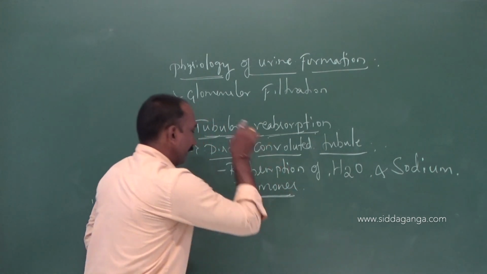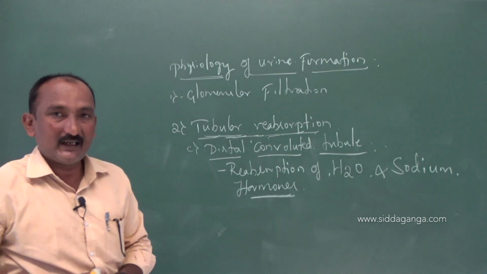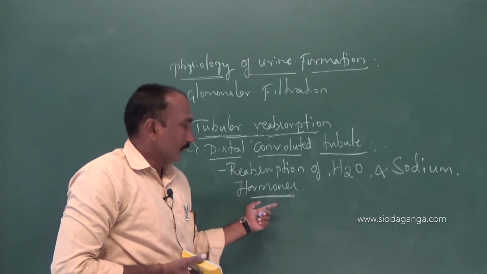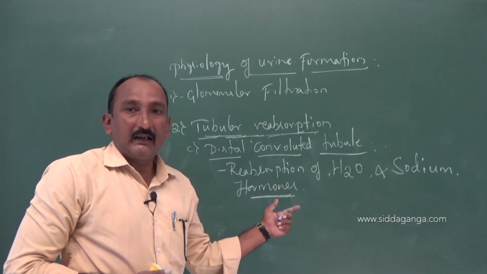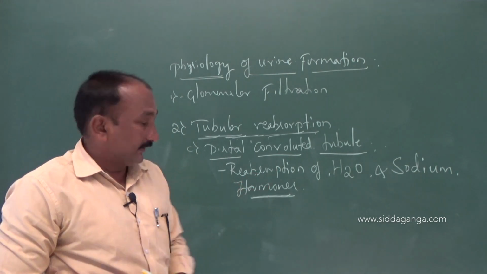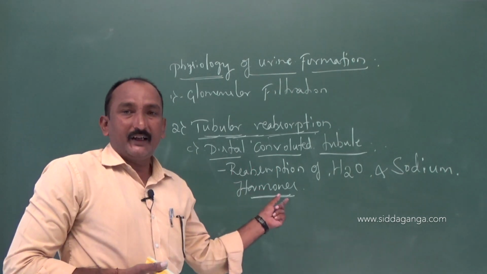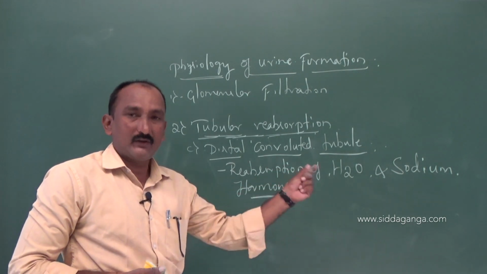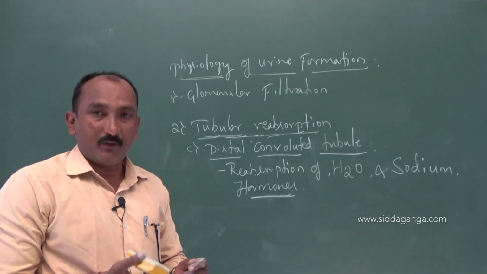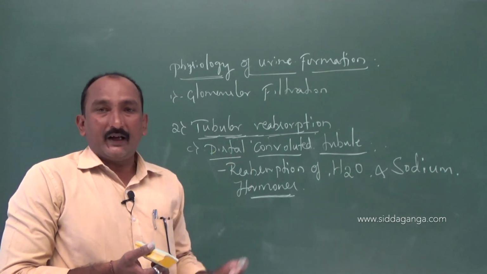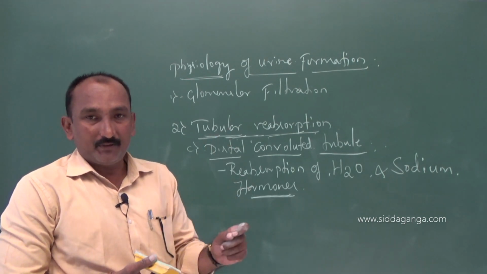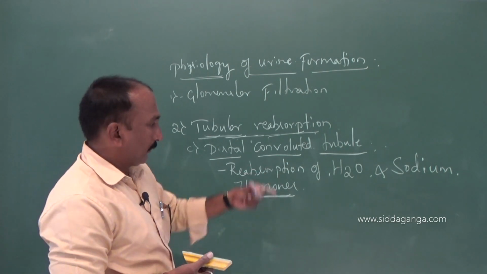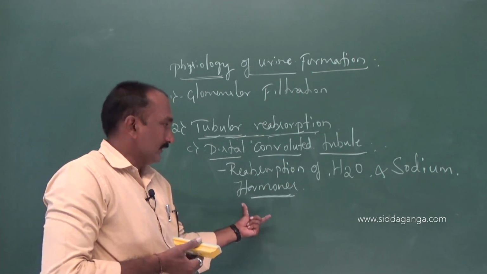Of course, hormones are biochemical messengers. These hormones are the biochemical messengers. They are produced in a trace amount, especially by some of the endocrine glands. In the next chapter, you are going to study the endocrine system in a separate chapter, that is chemical coordination and integration. Within that, you are going to study in detail with regard to the hormones.